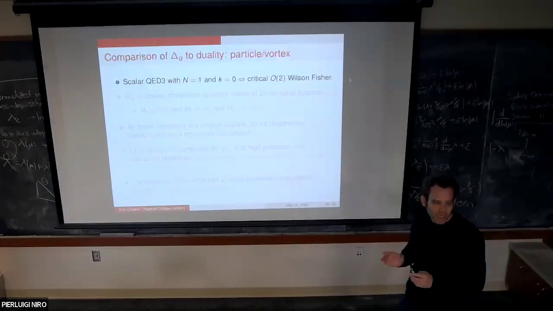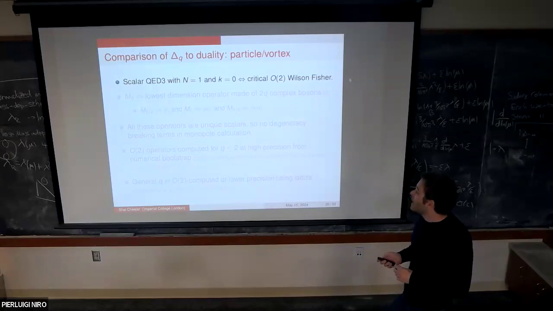So even if you didn't follow all the technical details, that's okay, because now you can just look up the answer. Okay, so now let's actually use these results to discuss these dualities. So let's first consider particle-vortex duality. So here we're going to extrapolate n to 1, and then it's supposed to be dual to critical O(2) Wilson-Fisher. So in this duality,